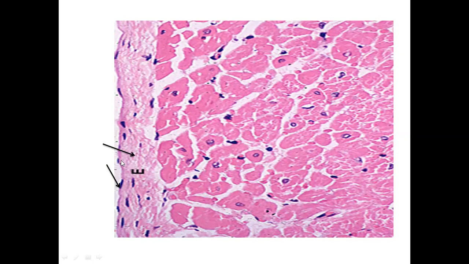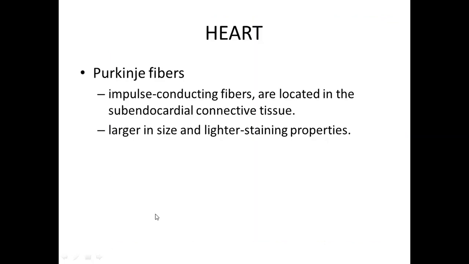This layer is simple squamous epithelium, named here as endothelium, and below that, this loosely arranged fibrous part of the layer is subendocardial connective tissue. So these two layers are collectively forming the first layer of the heart, which is endocardium. Moving towards the